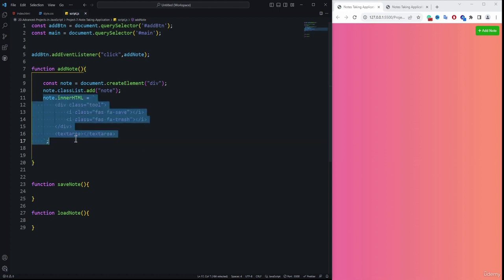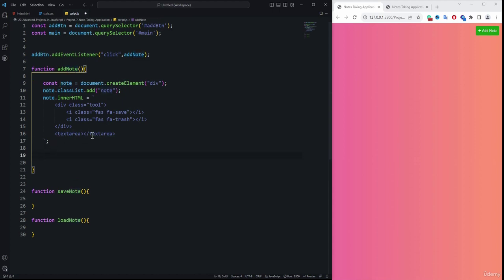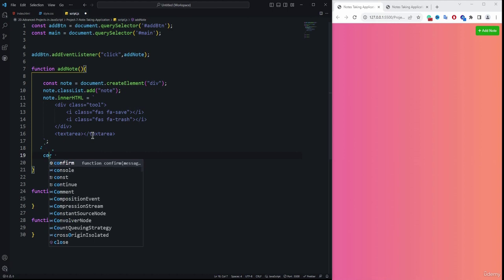After creating the note, we need to get the reference of these particular ones inside the variables. Alright, these are the three elements. The first is a save icon, the second is a trash icon, then also a text area. So with the use of this note variable, we need to get the reference of these inside the variables. So here we're going to create the const,